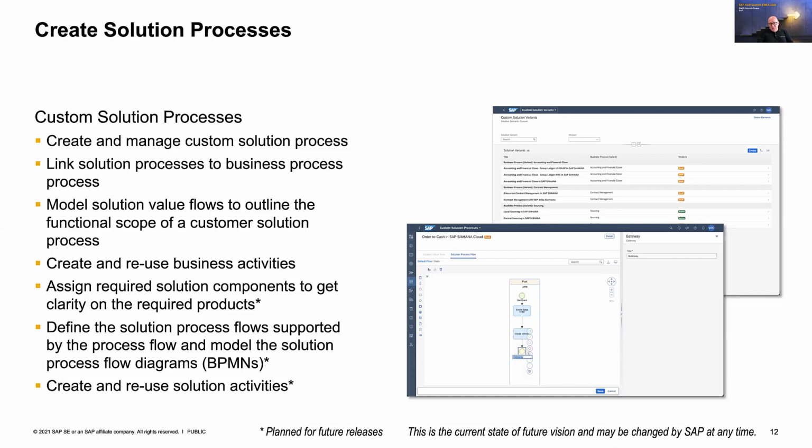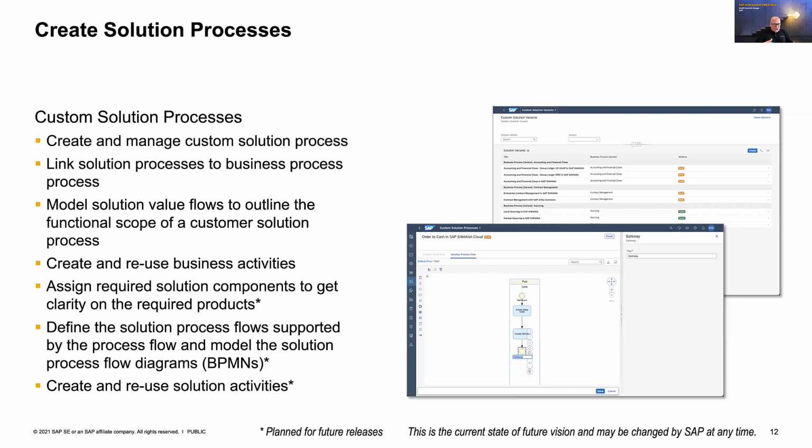And this is exactly the reason why we also added the BPMN functionality to our Cloud ALM, so that you can define these detailed flows, and there you can also reuse the so-called solution activities. Solution activities are, at the end of the day, nothing else than process steps, right? So what are the particular process steps you execute? And you can bring them in order. You can activate them, and then you make them available in the process management part where you can scope them.